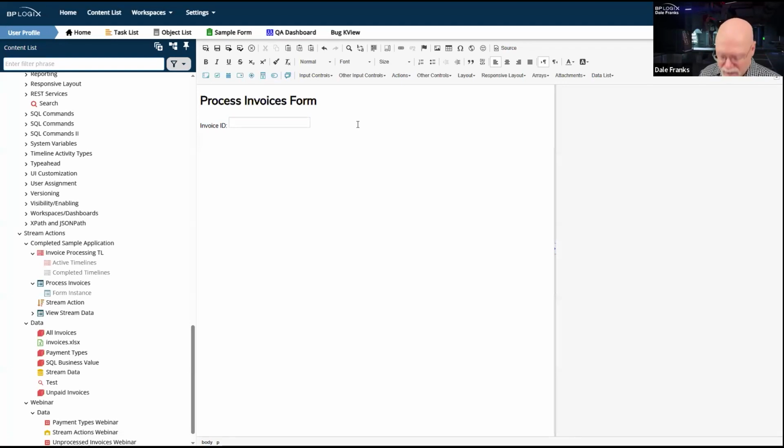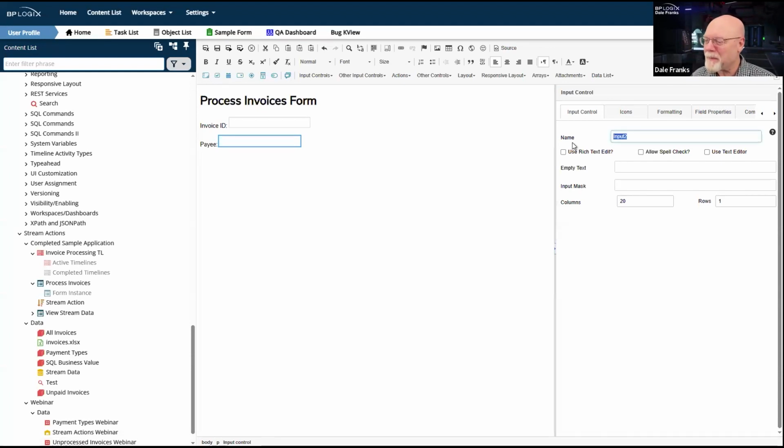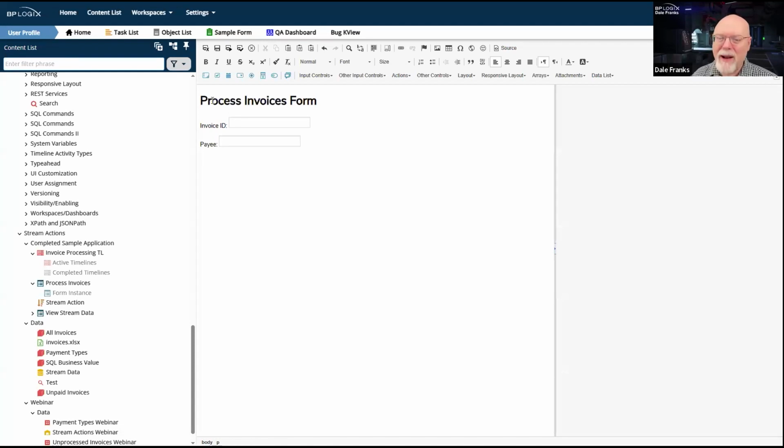And then our next line is going to be the payee or payer. It never occurred to me, am I paying these invoices or are they paying me? I never sat down and figured that out. I just know that there's invoices that have to be processed. I don't know who's paying for what. Somebody's paying something, however, and we know who is either paying, or if it's payee, who is getting paid. So I need a payee field.